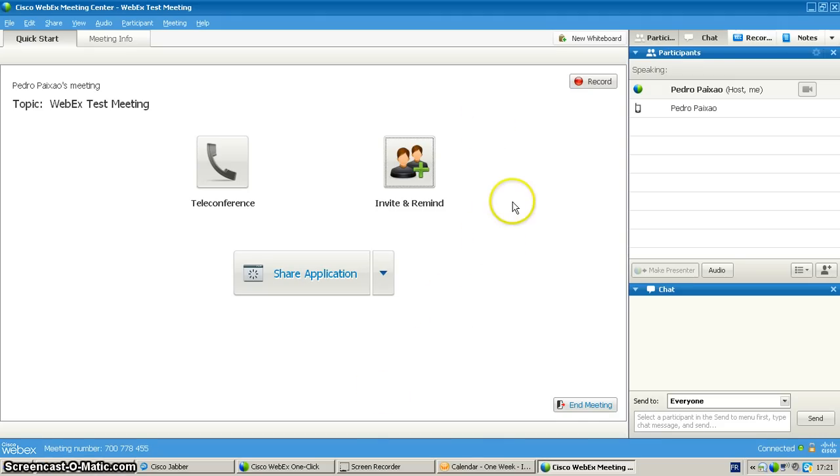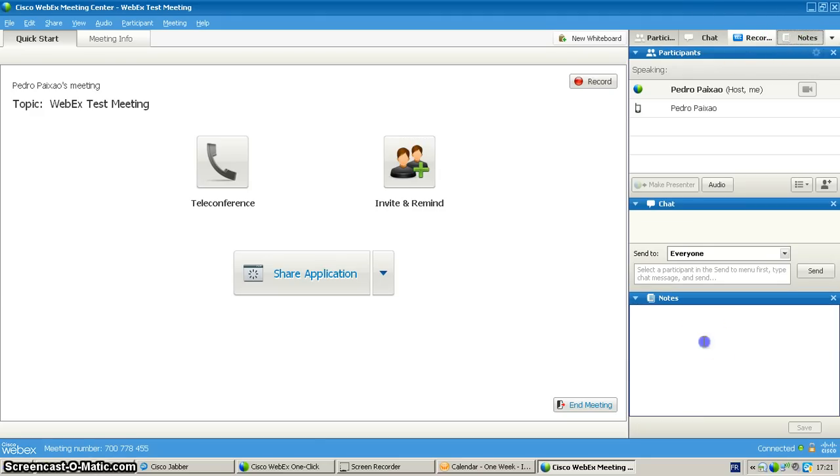As you can see, the meeting room has two main areas. The first area, to the right, is all about the participants, about activating the webcams or controlling the voice parameters that exist, like for example mute, unmute. You can also have a chat window which is available here. You can take notes from your meeting here, and of course share everything with everyone. Please keep in mind that this is a collaboration tool, so everything will be shared according to the host